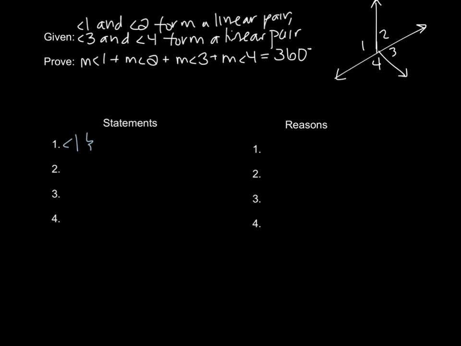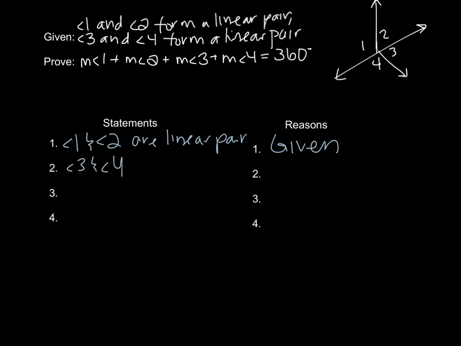Okay, if angle 1 and angle 2 form a linear pair, and angle 3 and angle 4 form a linear pair, then the measure of angle 1 plus angle 2 plus measure of angle 3 plus 4 equals 360 degrees. So, statement 1. So angle 1 and angle 2 are a linear pair. That's given. We also know that angle 3 and angle 4 are a linear pair,